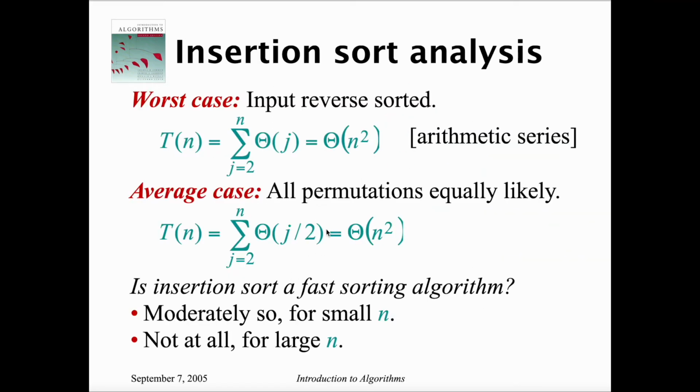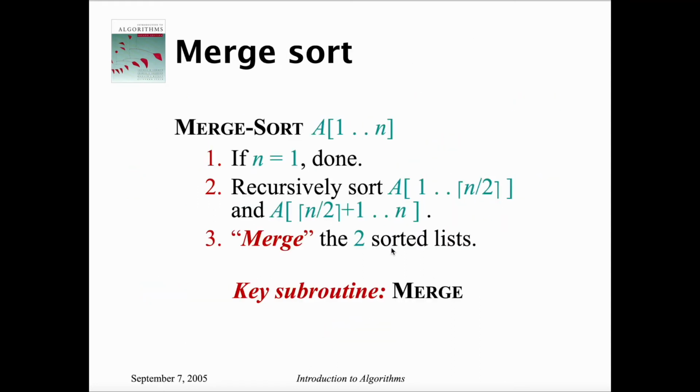Okay? So for the worst case analysis, theta n squared is the running time of the algorithm, and that is for an input that is in reverse sorted order. For average case analysis, we can use the technique used to compute for the expected number. Using that technique, we can compute for theta n squared as well for insertion sort. For merge sort,